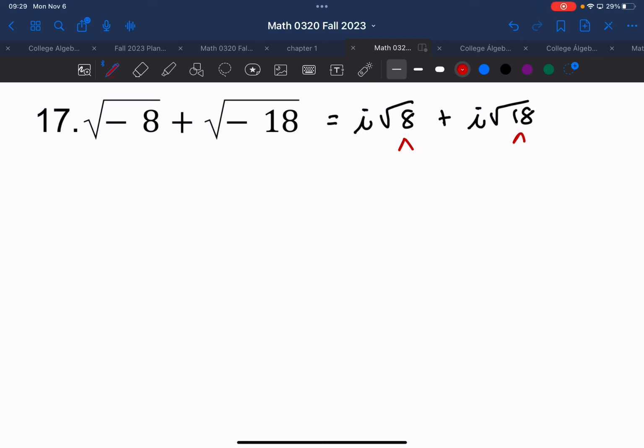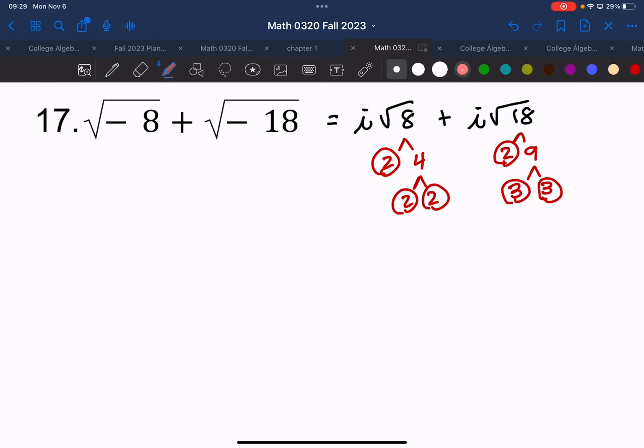So off of 8, we know 2 goes into 8 4 times, and we end with 2 2's. And off of 18, we know 2 goes into 18 9 times, and we end with 3 and 3. Since we're taking the square root, we are circling pairs of 2,